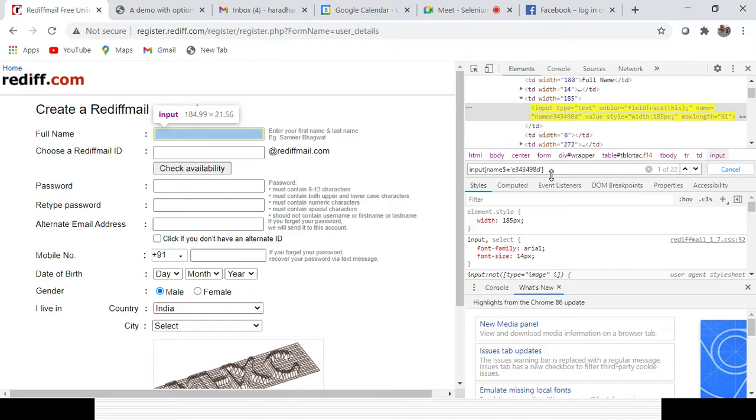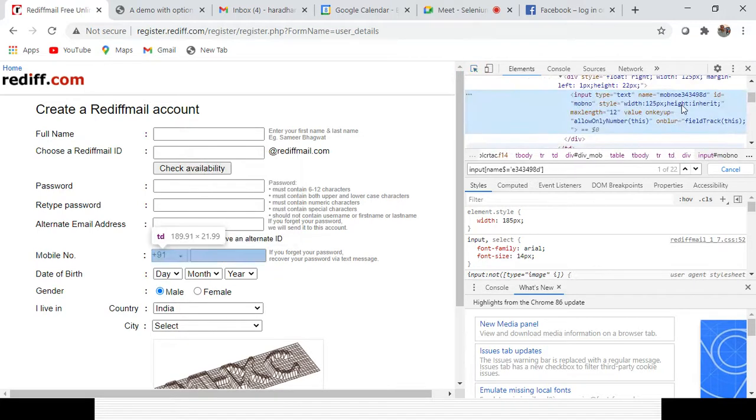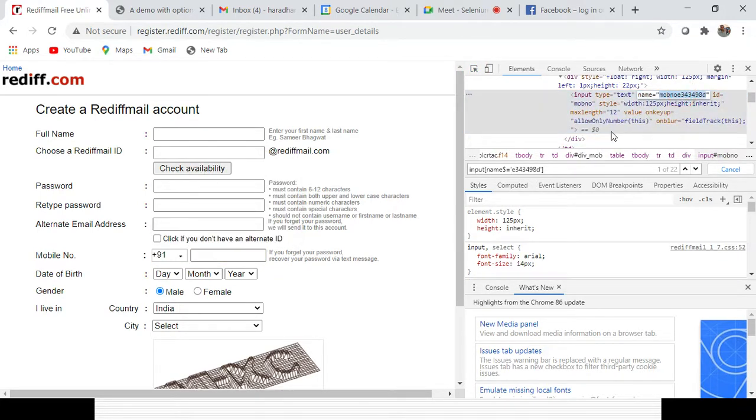So you have to give another suffix, like E34. It still gives a lot of options because the name field is on all of them. Instead of that you can identify the other element, the mobile number, by its suffix part. I will copy paste the whole name and remove some of the starting part.